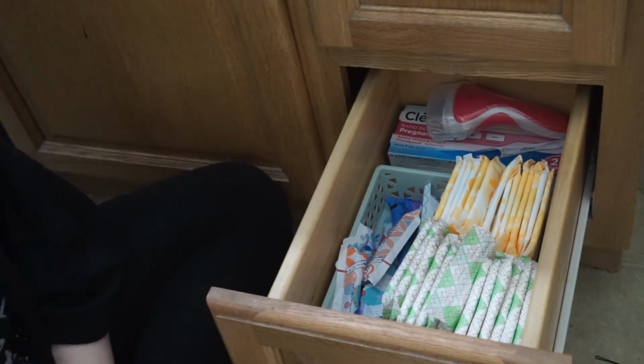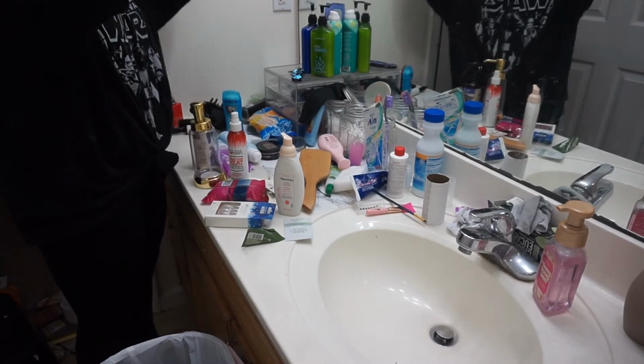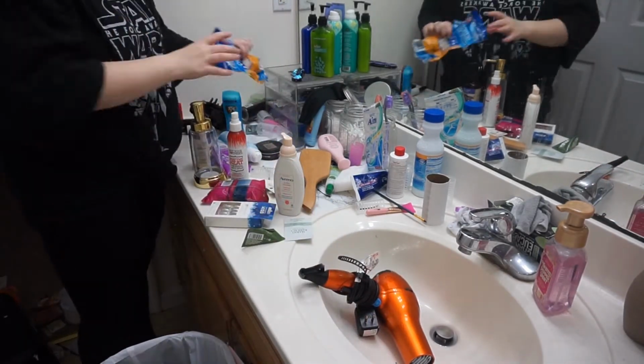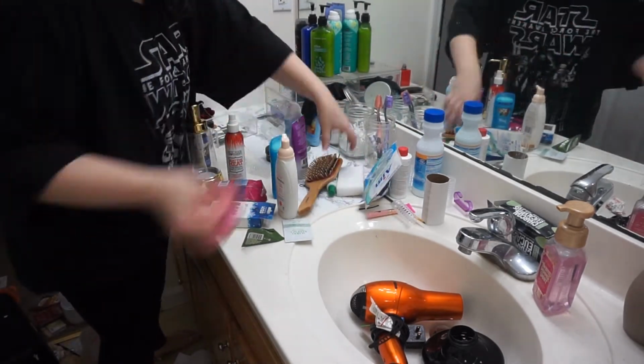I feel like a big way to get rid of clutter is just to take things out of packaging that's really bulky. But now we're starting on with the disaster of my counter. I just had a lot of stuff thrown everywhere, so...